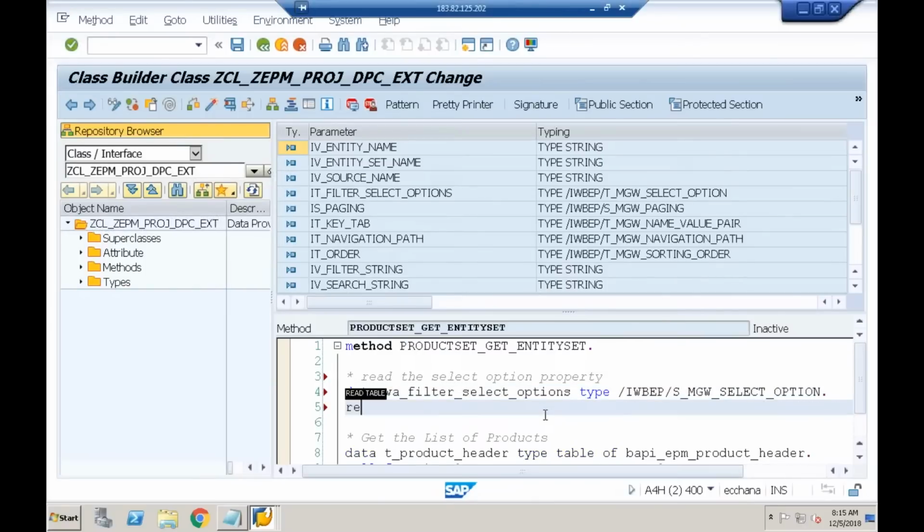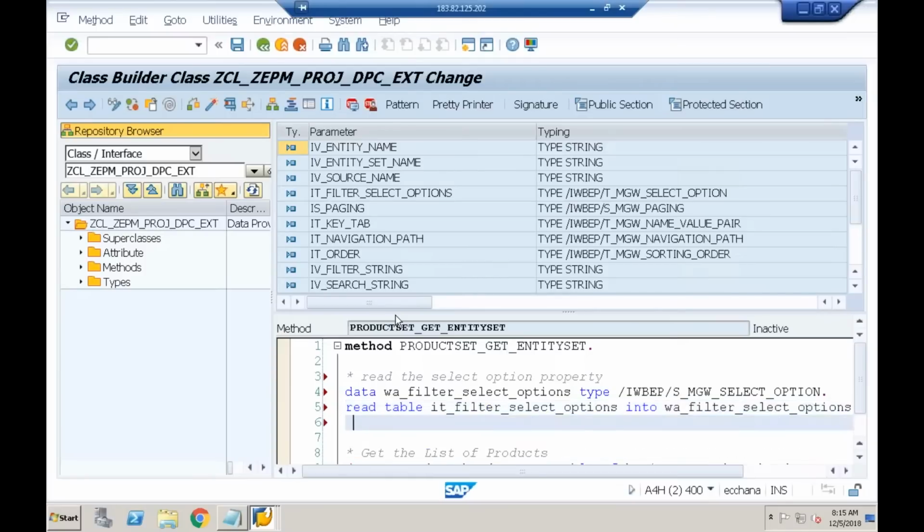Now let me read it. I'll say read table. What is the parameter which is going to carry the select option information? IT_filter_select_options into what is the work area declared? W_filter_select_options, into so and so. Okay, done. With the key,